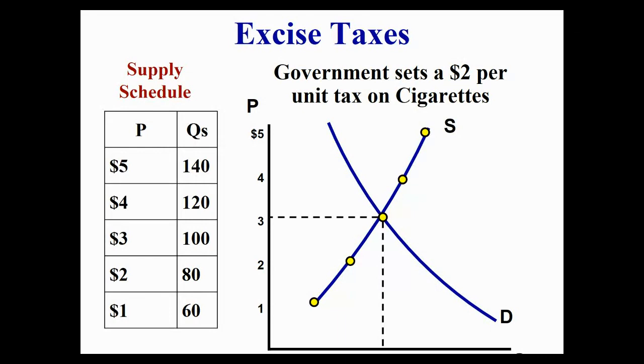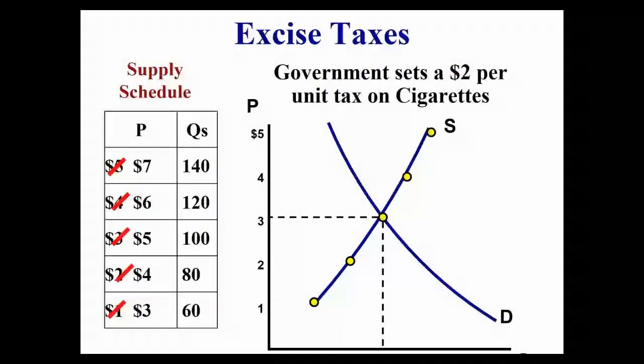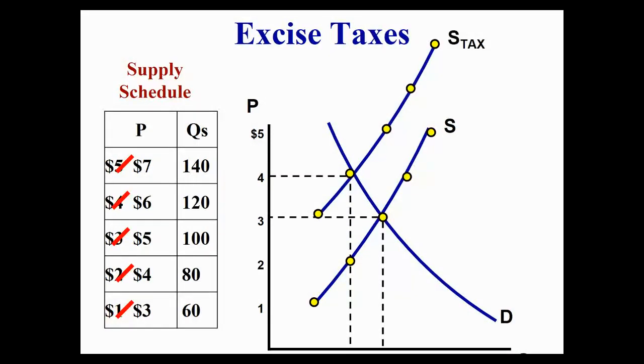So right here we see that $3. If we're looking at a pack of cigarettes, $3, and we're selling 100 packs of cigarettes, and we see the government sets a $2 per unit tax. So we're going to put a $2 a unit tax. So now essentially the supply curve shifts upwards because of that tax. So we could essentially say that the $2 tax now is going to cause us to buy less of this product. And you can see, if we were going to try to sell the same amount of cigarettes, they're going to have to pay $5 for it. But we know with the higher price,